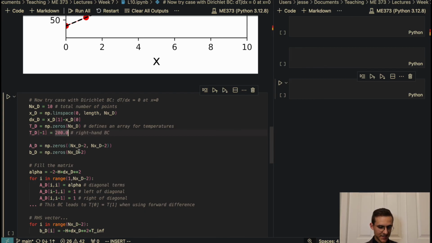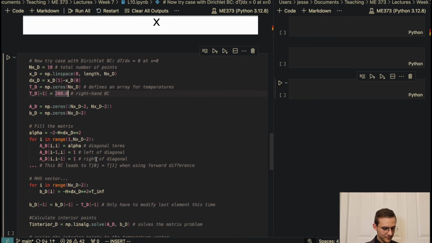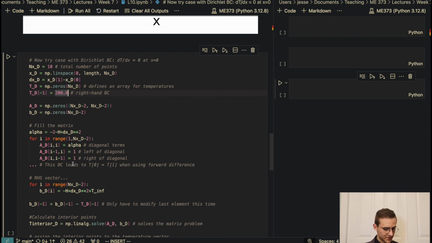So we're still just setting the temperature equal to a constant value at the right-hand side. But when we fill in the matrix, all the interior points are the same, but the first entry of the matrix picks up that alpha minus beta value, right? And in this case, the beta value is just -1,